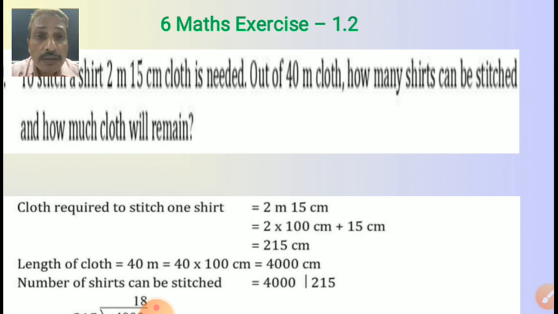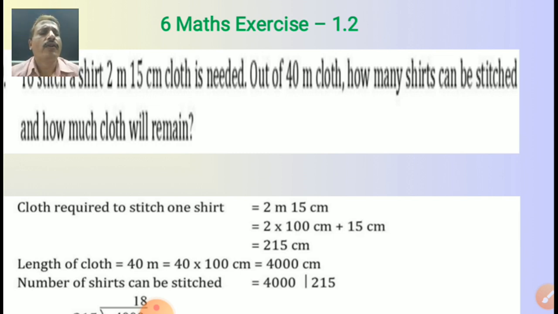But for division, in our first table I told you, 1 meter is equal to how many centimeters? Yes, my dear friend, you know it, 100 centimeter. So, convert into 1 unit. Unit means measuring unit. Meter and centimeter are different. Check it. We have 2 meter and 15 centimeter. That means we can write 215 centimeter.